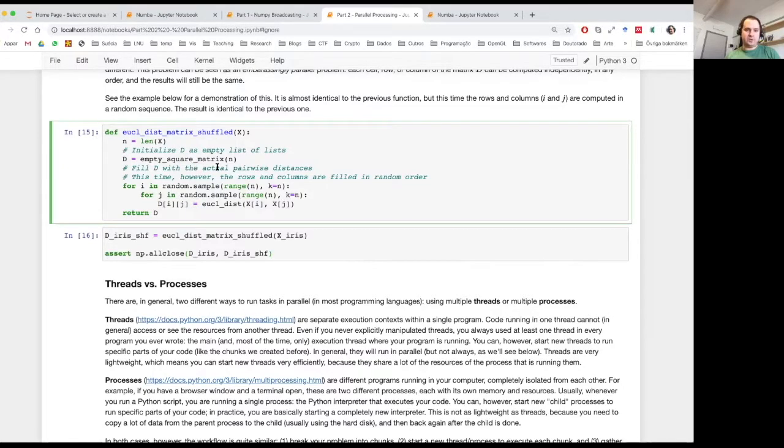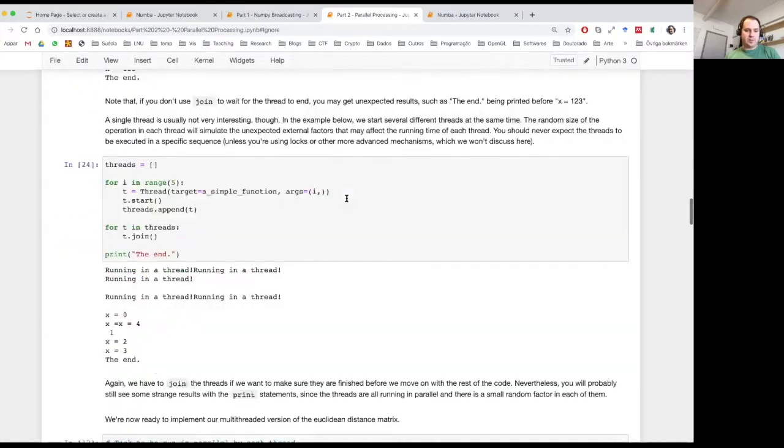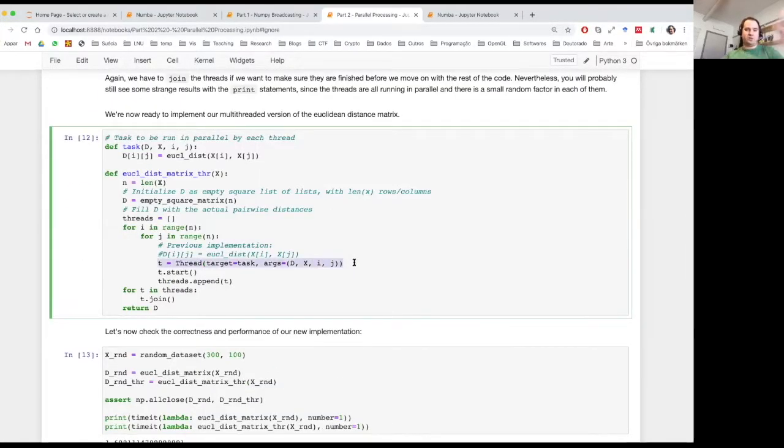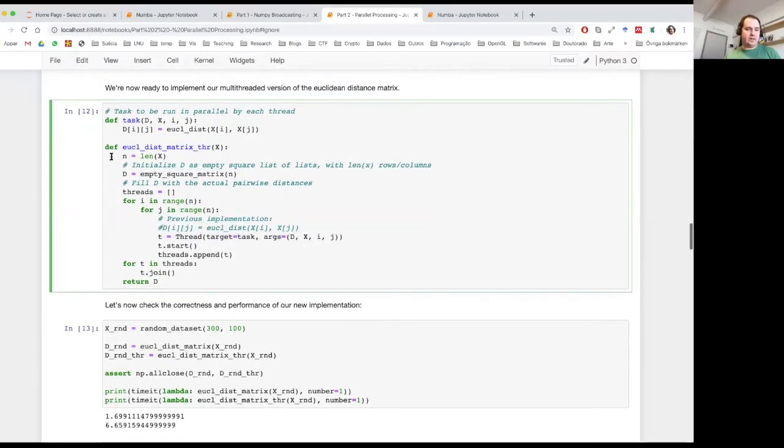But I can't do that here because when I start a thread, I don't get a result. I don't get a returning value. So instead, I give the matrix to the thread and I say, look, fill it up yourself. It's exactly the same. It's just an inversion in the direction of the thing. So, very simple, Euclidean distance matrix threaded. I start with an empty square matrix, then I'm looping over all rows and all columns exactly as before. But then instead of doing this here, which is the previous implementation, instead of computing the Euclidean distance and